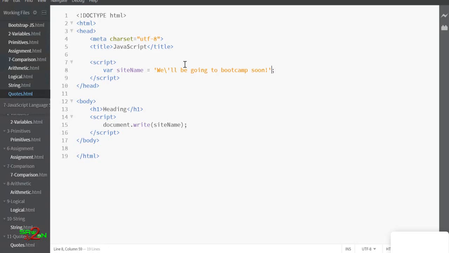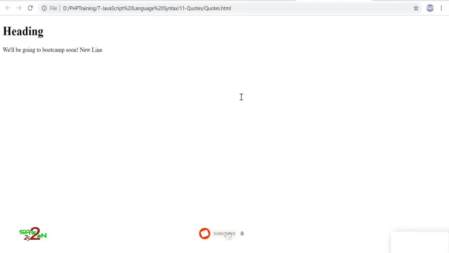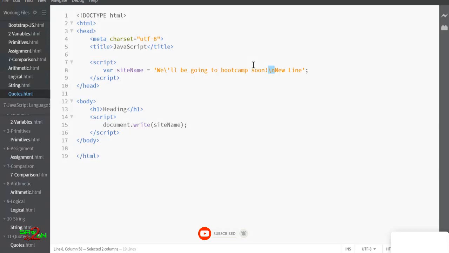Okay, and if you put \n, what do you think? Will you have a new line on the HTML page? And how do you typically write a new line on an HTML page? If you know HTML by now, you should know there will not be a new line, because this new line is not for your web page, right? It doesn't accept a new line here. It's only possible with the